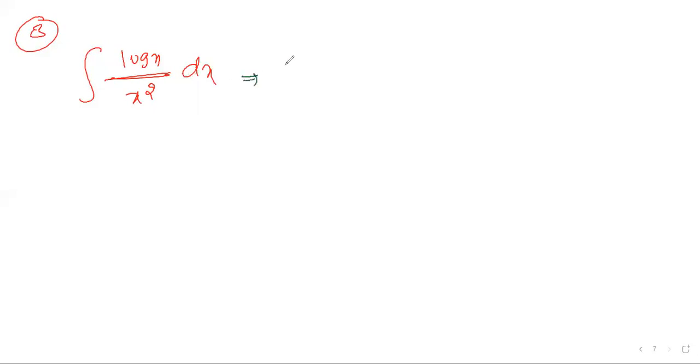What I have to do is write integration of log x into 1 by x square into dx. This you have to split into two parts, the UV model. Which should I take as u, which should I take as v? That is the question first of all. Log x as v, sir? What about u? u is x square? First of all, you people have to know.